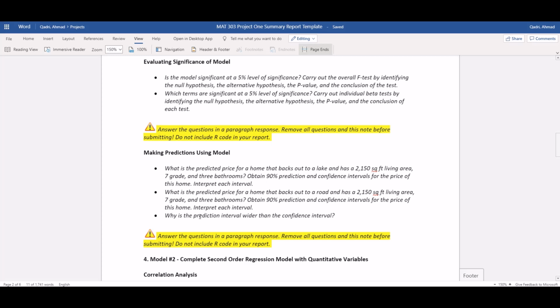Please make sure to be a little detailed on this. This is a very important concept. The fact that the prediction interval is wider than the confidence interval has to do a lot with... if you're able to sort of answer this question, then it's a way to tell that you're grasping the concept of